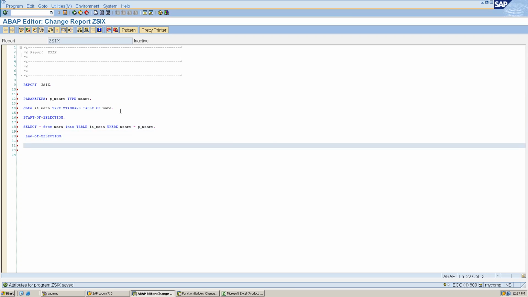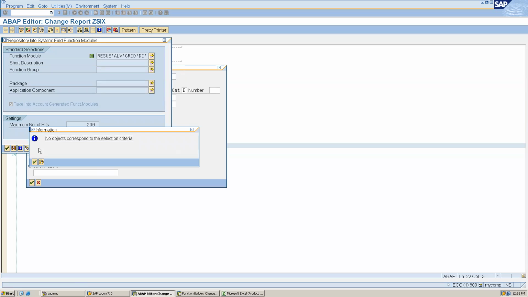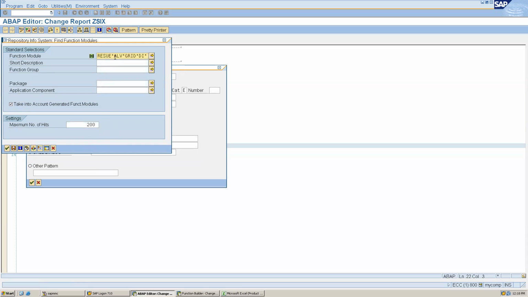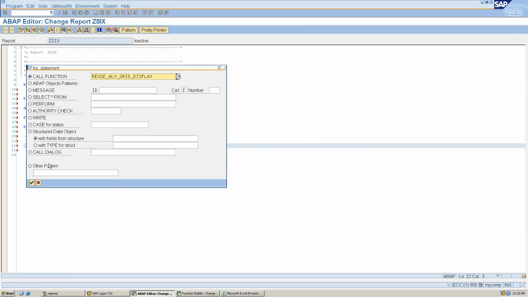I want to call FM, right? So let's call FM. The FM name is REUSE_ALV_GRID_DISPLAY. Let's search it. Okay, so it is REUSE_ALV_GRID_DISPLAY.